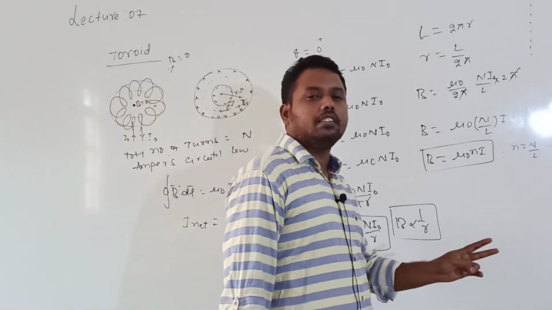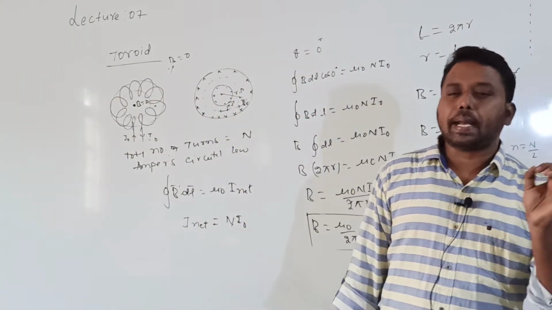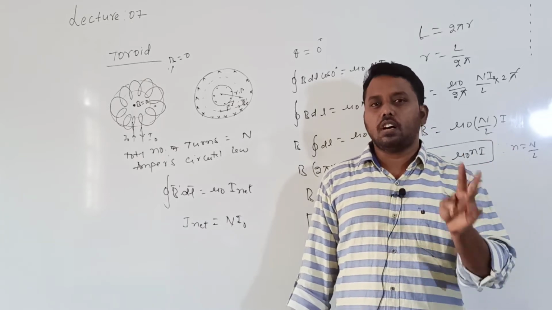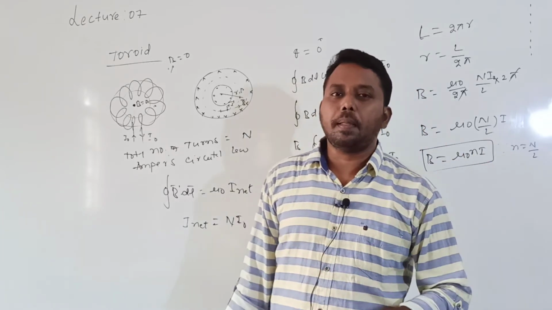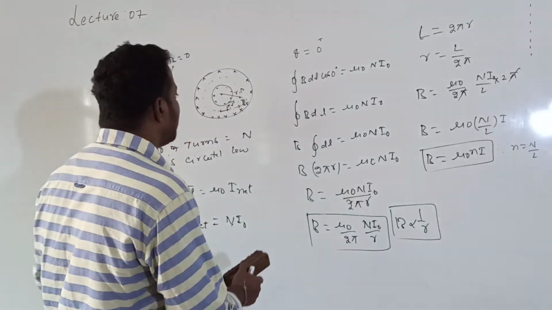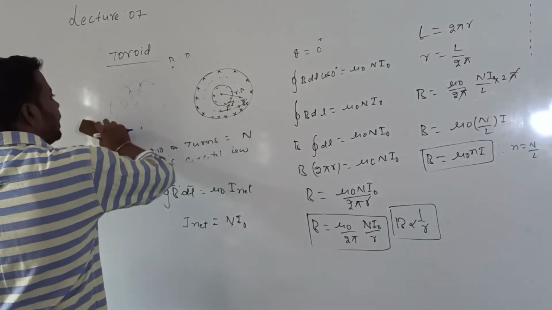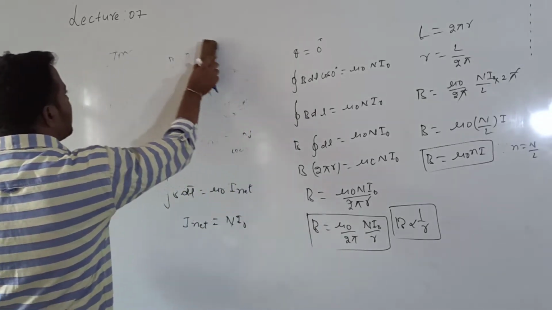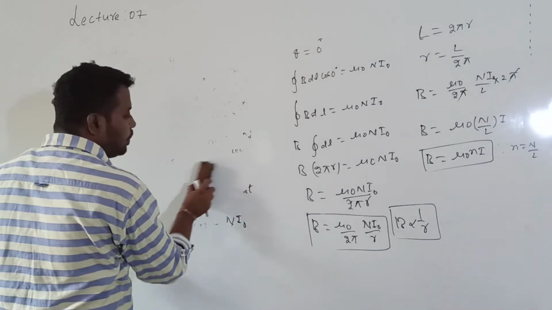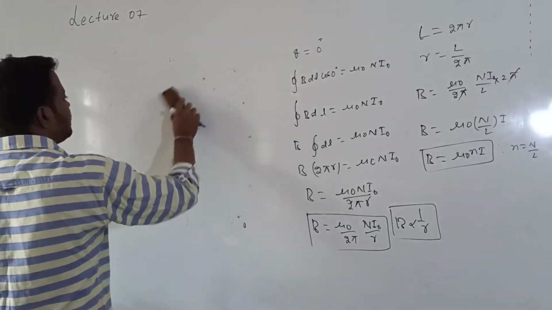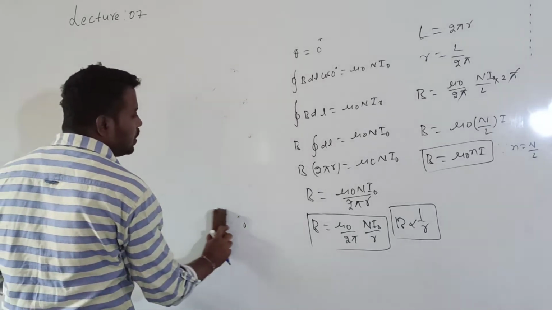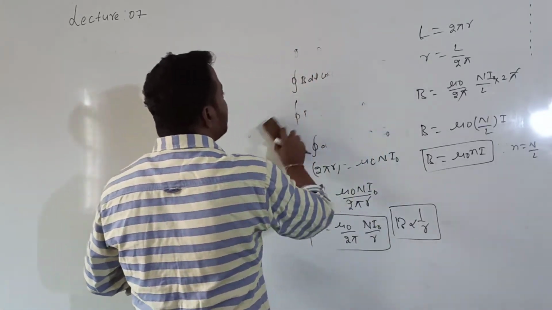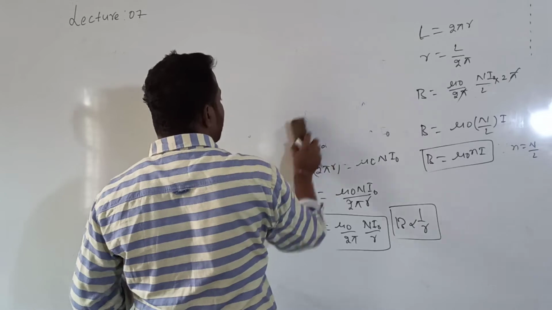So till now we discussed the magnetic effect of electric current, and to find the magnitude of magnetic field, two laws: one is Biot-Savart's law and the other is Ampere's circuit law. I told you yesterday the limitation of Ampere's circuit law. Even Ampere's circuit law is applicable only for steady current. When the current passing through a conductor is steady, only then can we apply Ampere's circuit law. Okay?